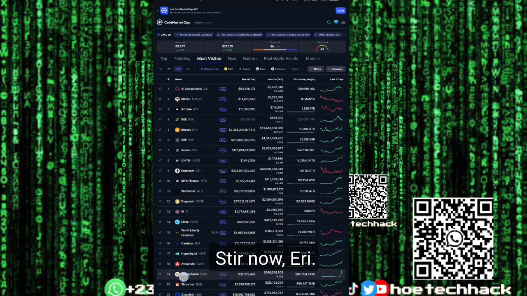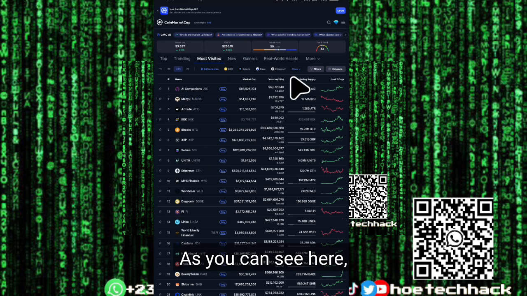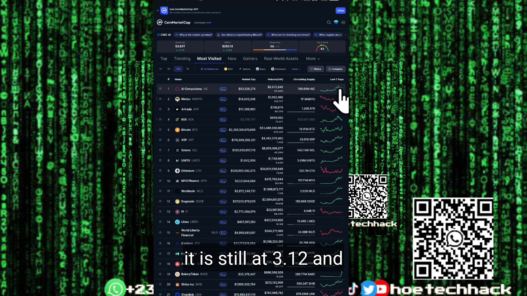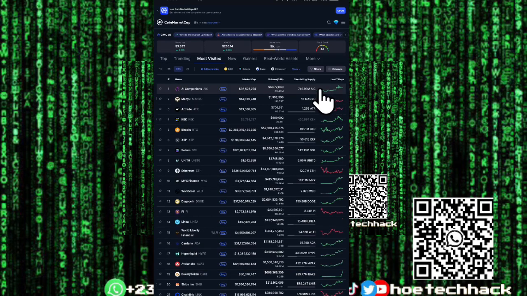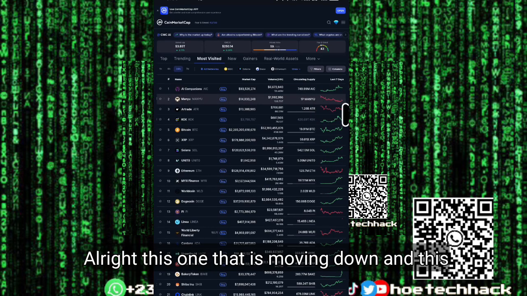So now I see here, okay, here is the mini chart of this coin. You can see here, it's still at its top and it's still going down, but still above what it was in the last 7 days. Which means it's still moving up. Unlike this one that is moving down, and this